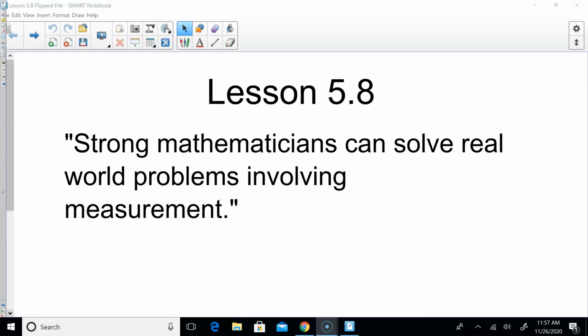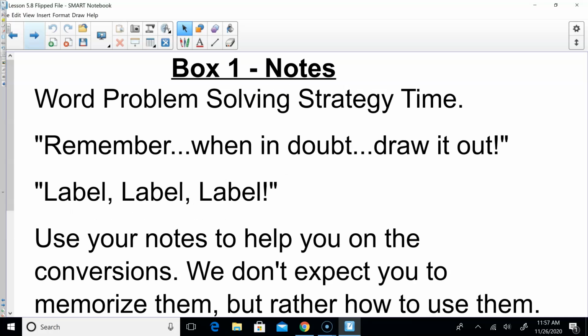So here's your notebook, your pencil, you can write down today's date, the name of the lesson, and let's get started. So some notes that we've had in the past, you don't have to write these down, but just good to review,